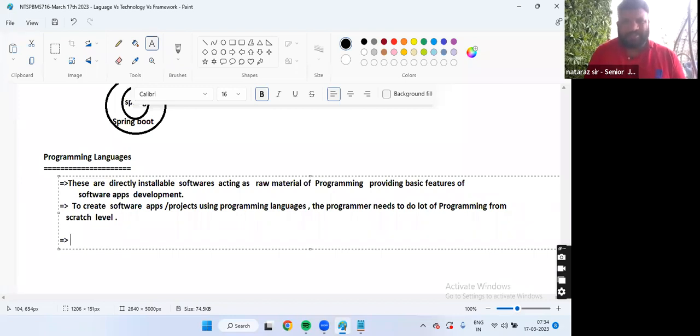Every instruction should end with a semicolon. Methods should be taken inside the class. You have to do coding by using certain keywords only. There are rules to follow or not. At the same time, there is a structure to follow. Structure is called semantics.